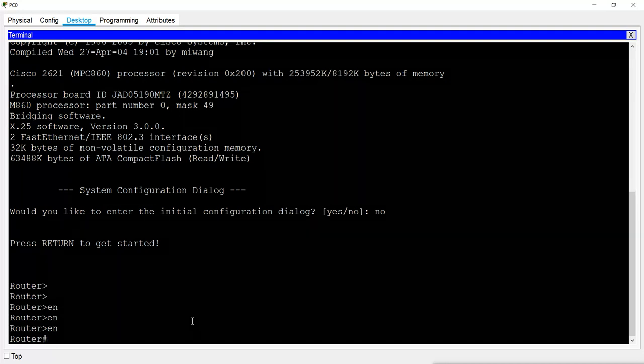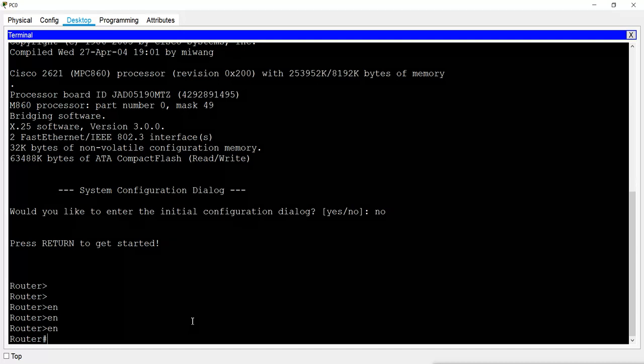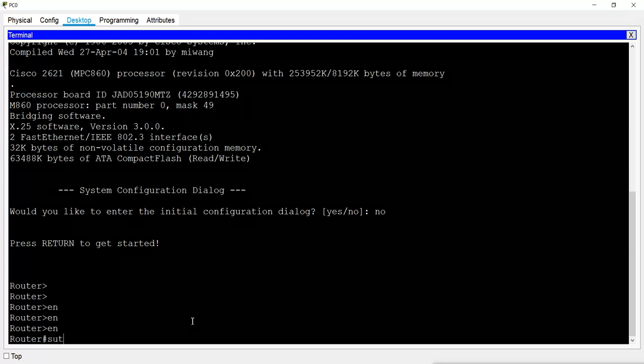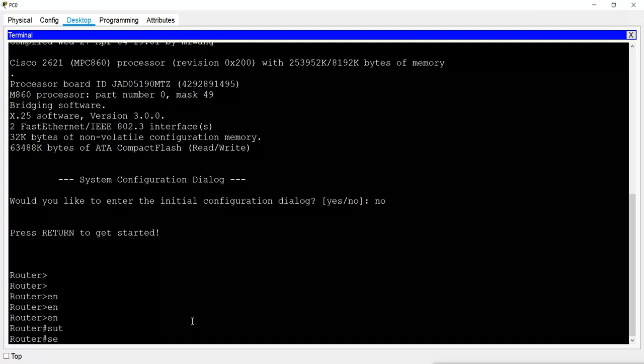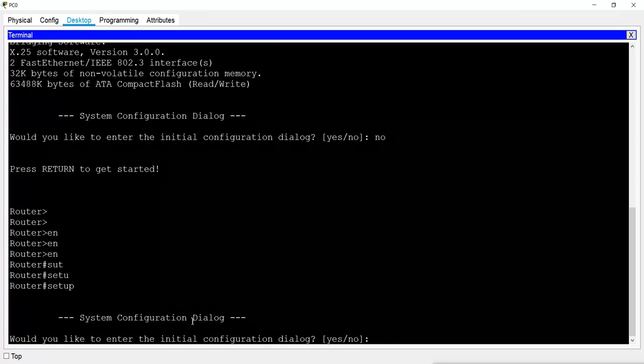In the privilege mode you can run the show commands. If you want to see any configuration, you can see it in this privilege mode, and you can even start the setup mode also. If you want to start the setup mode, you can just give the command setup and it will start the setup mode again, but I don't want to configure it like this.